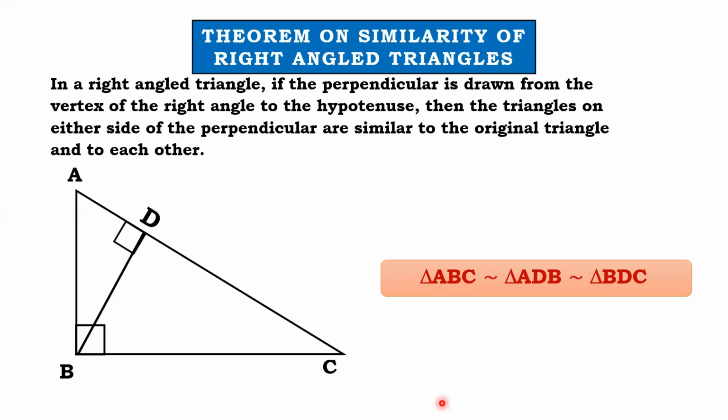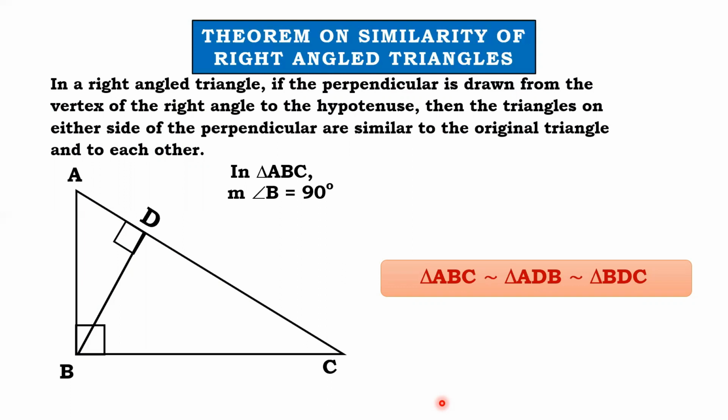Now let us see how to present it. Whenever you have to write this concept, you have to present it. We can use this theorem only if there is a right angle triangle. So first of all, which is the original right angle triangle? Triangle ABC. So in triangle ABC, there should be a right angle. Which angle is the right angle? Angle ABC is 90 degrees, given to us.